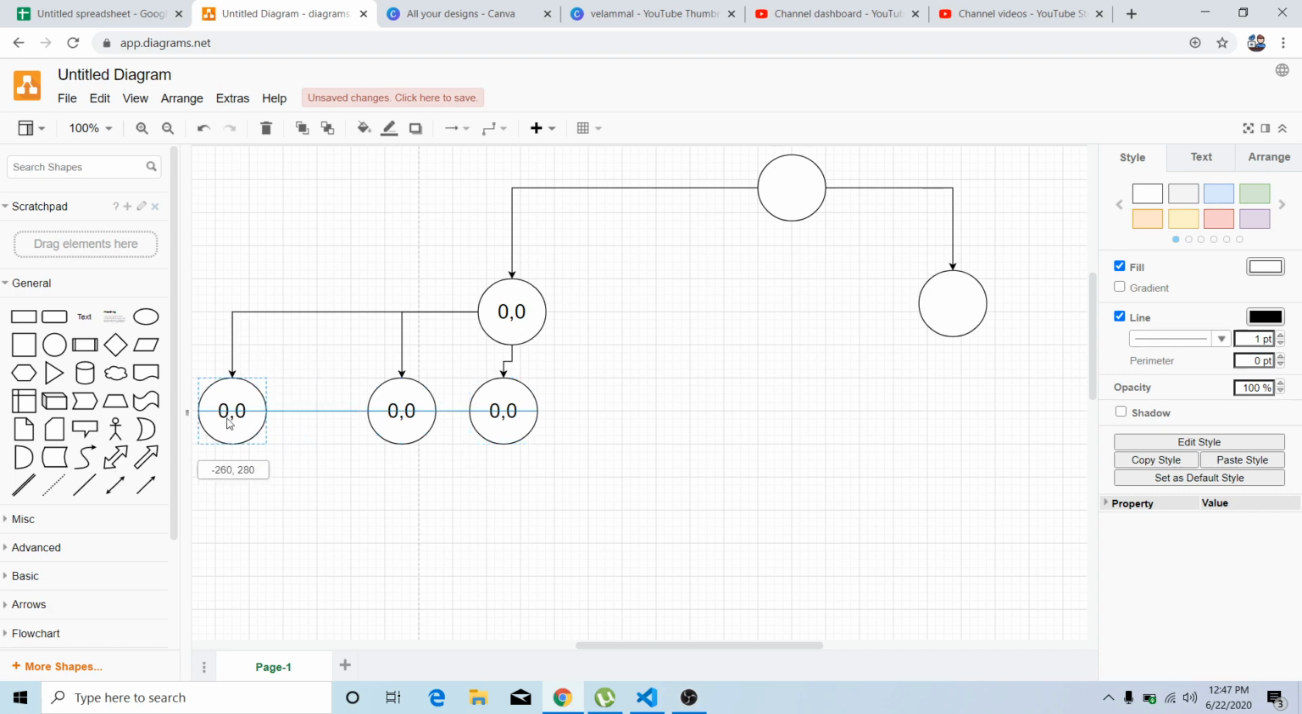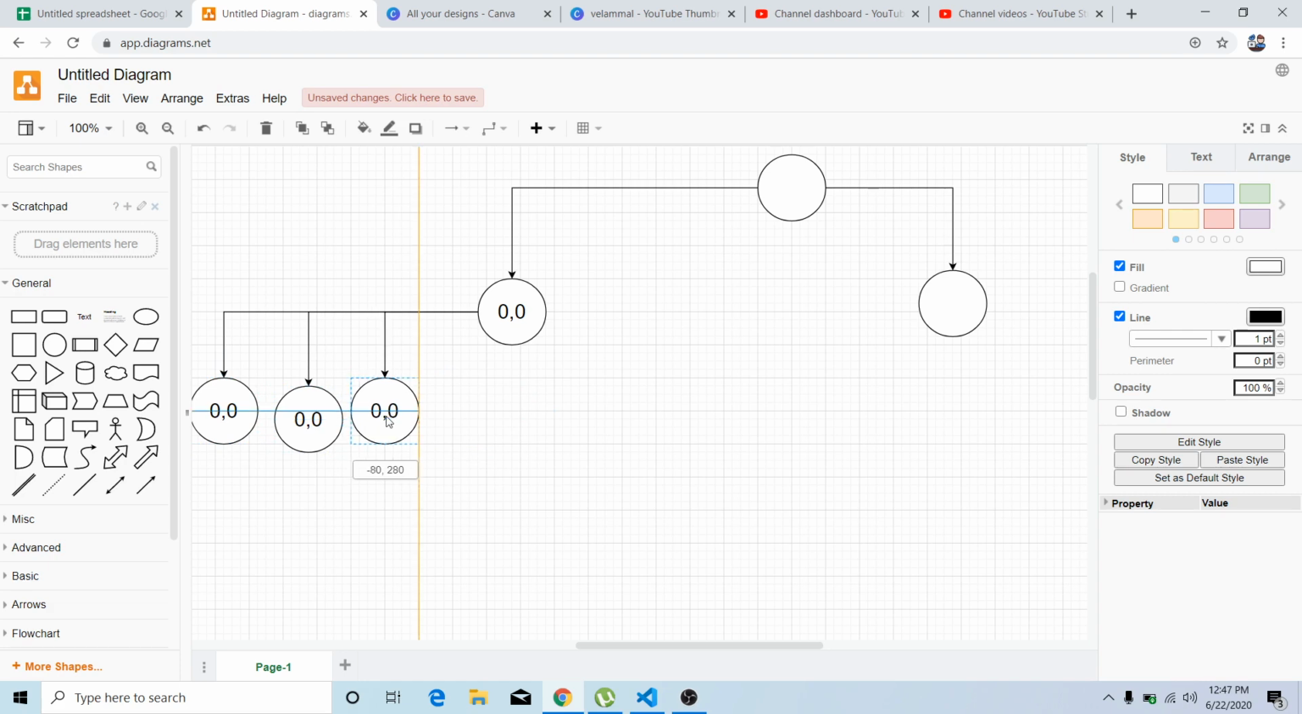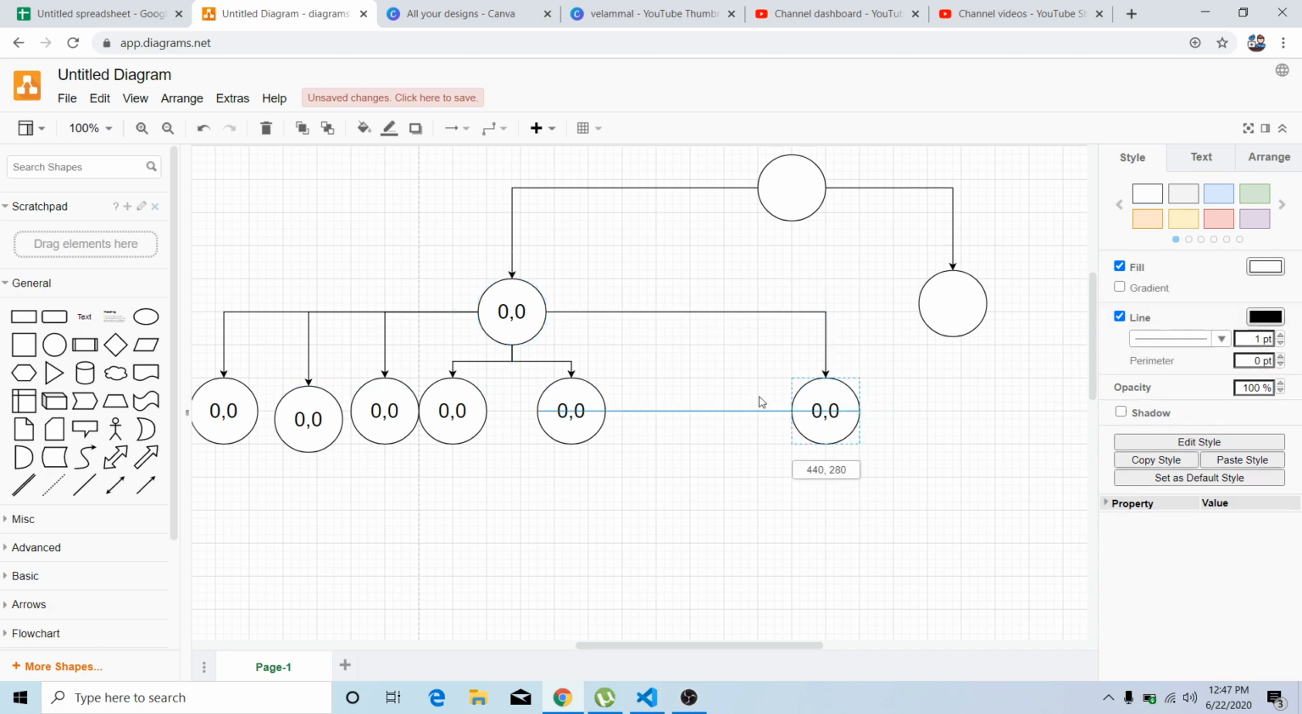Okay, 1 minute, I can just probably move it. So 3 uh, 4 5 6. Okay,